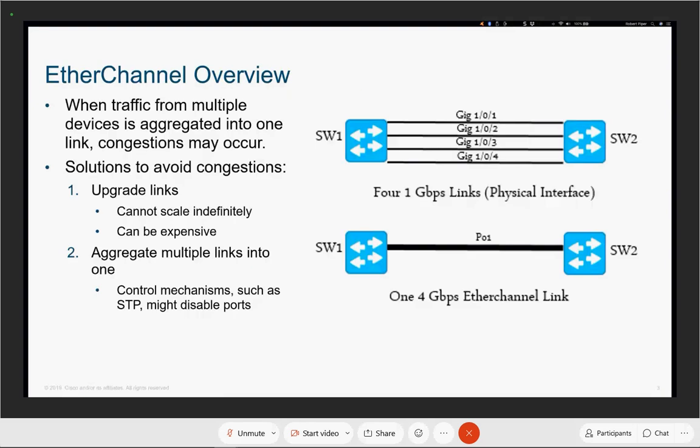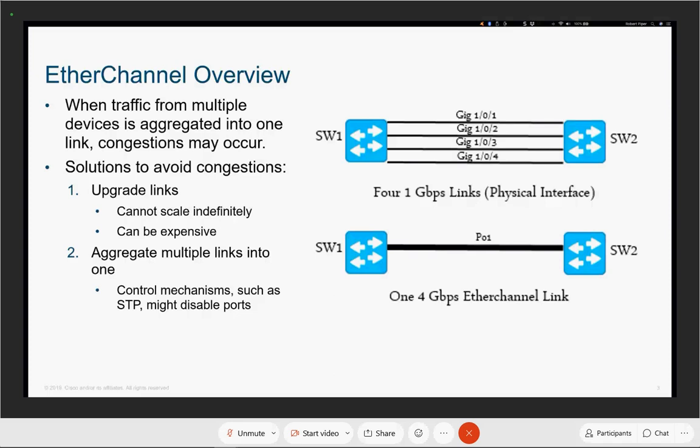You can increase network speed by using faster links, but that's expensive. You can also increase network speeds by using more physical links. That's the doubling of the links that you guys saw. However, one of the downsides is that you've got to be consistent with your configuration. The second is that spanning tree is going to block one of those links. So EtherChannel is simply Cisco's